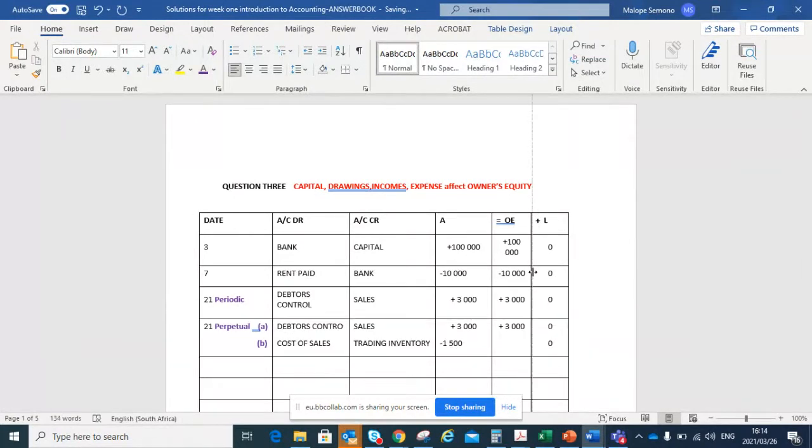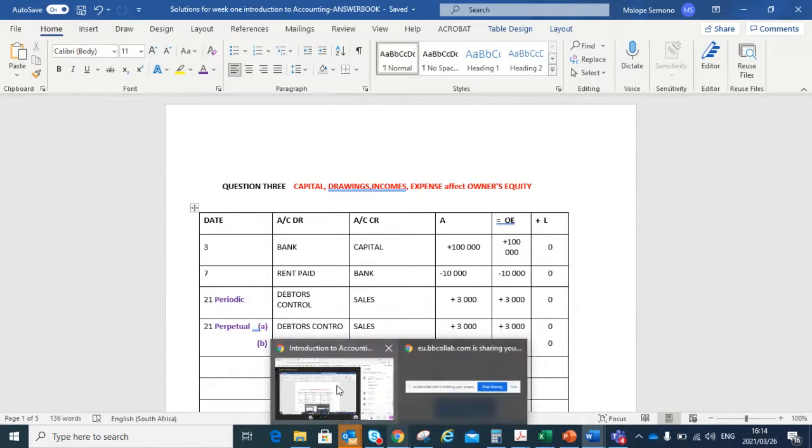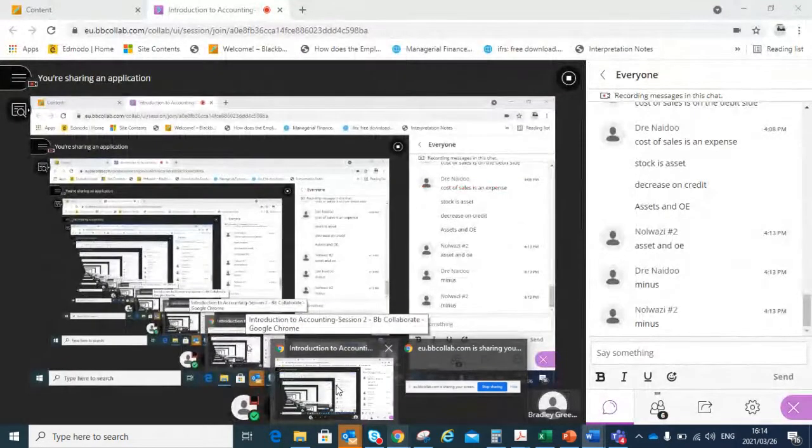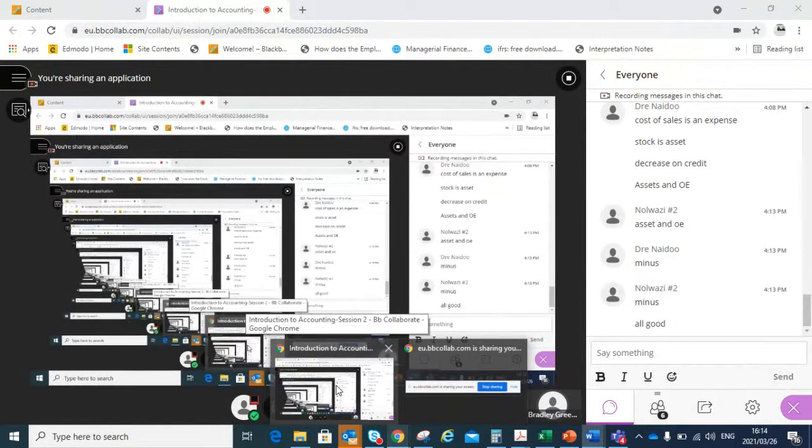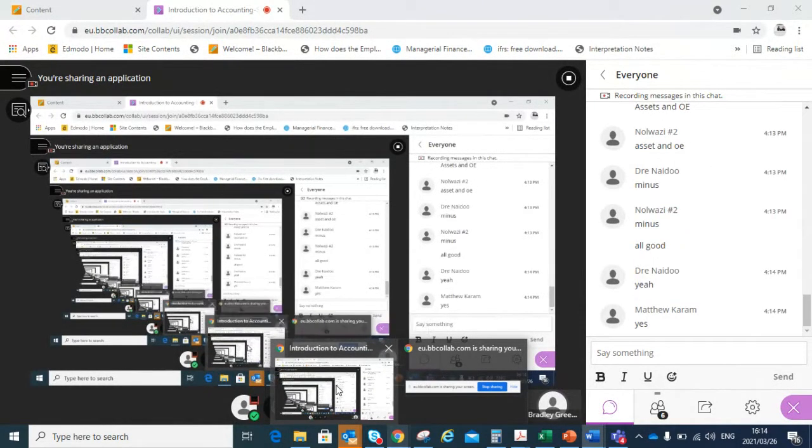And I'm going to say just like that, guys. Can you see the difference between the two systems? It says that the other one has got more accounts, the other one has got less accounts. Please let me know if you understand this one, guys. Perfect. I like this.